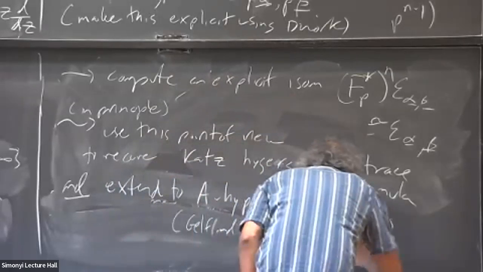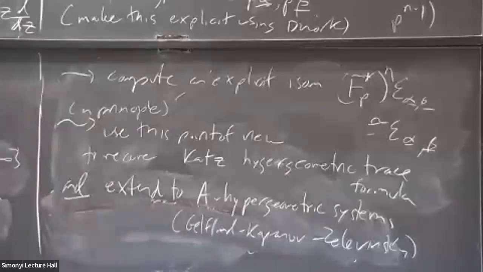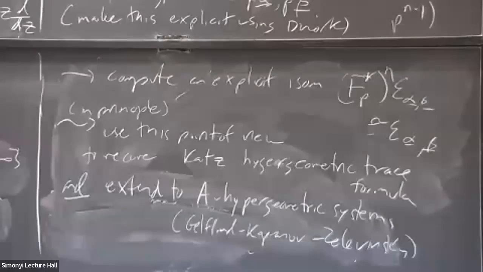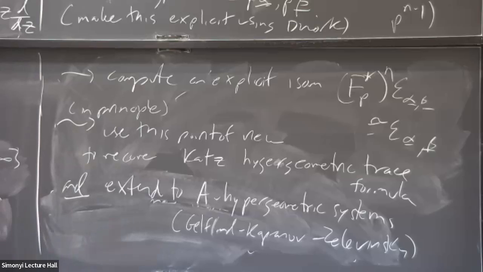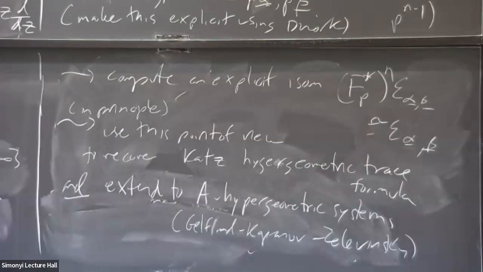Maybe this book existed in Russian, but the English translation wasn't available. But anyway, Dwork's construction works at this level. These hypergeometric systems are some sort of connections on some toric variety with some poles. They're a kind of vast generalization of this hypergeometric setup. And I mention these because they make the following remark